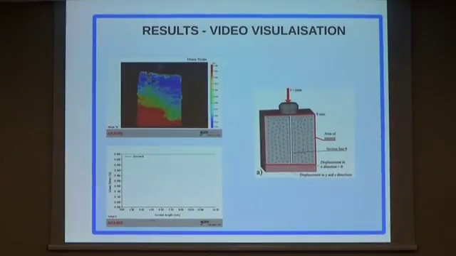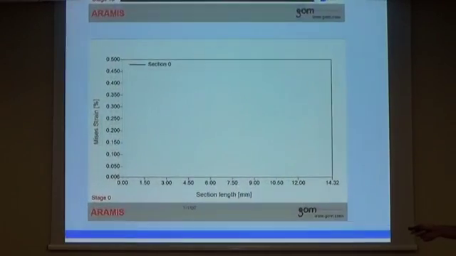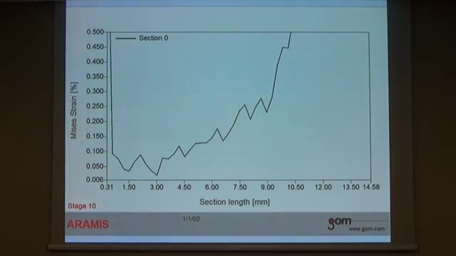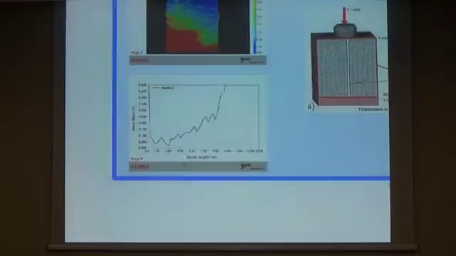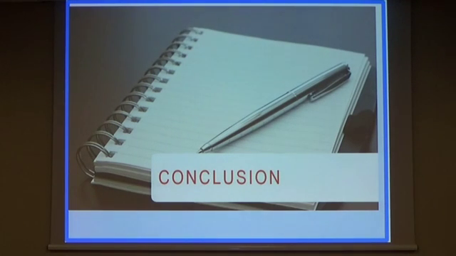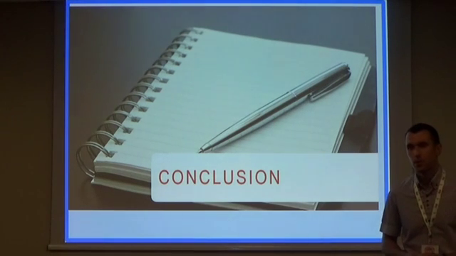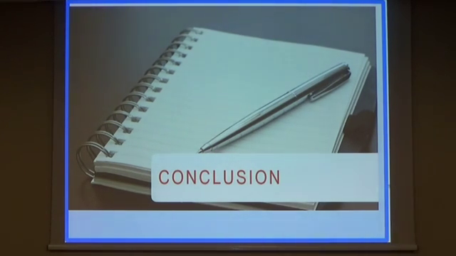A diagram of section length and Mises strain was then made just to get a visualization of the influence of different positioning of the implant in the block. The block was made, I didn't say that, from polymethyl methacrylate material that is sometimes used as a bone substitute, and it is easier to get the same experimental conditions for different types of